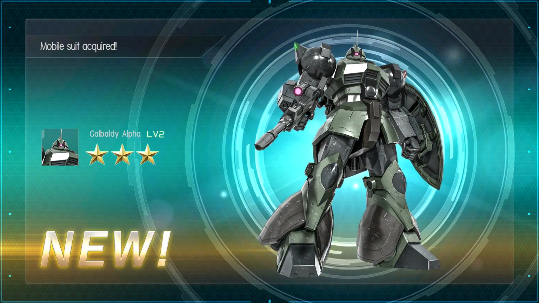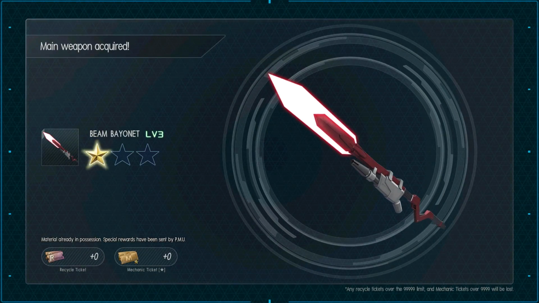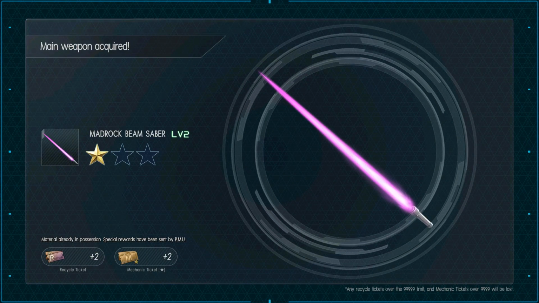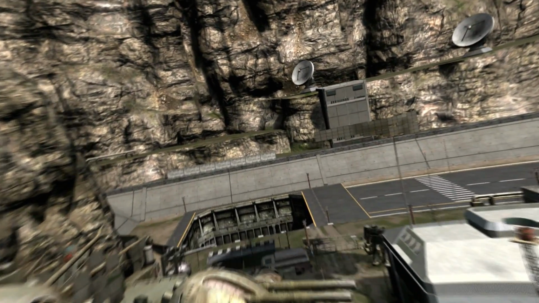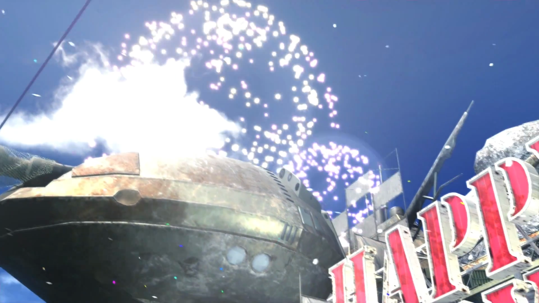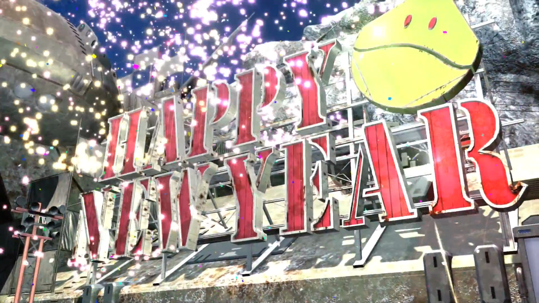A level 2 Gobaldi Alpha. Yeah, I was really hoping for something else, but that's fine. Again, Ao's Beam Bayonet. Madrox's Beam Saber again. Okay, whose bazooka is that? Okay, our special drop is...